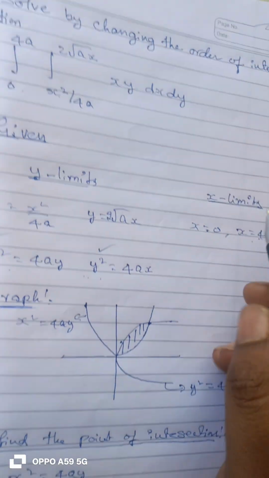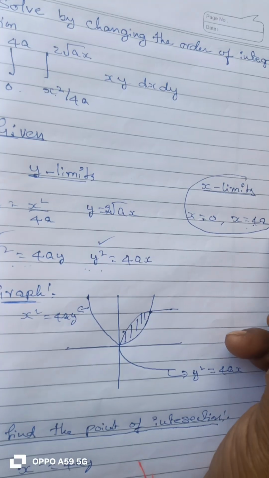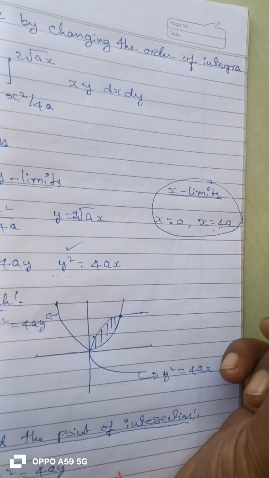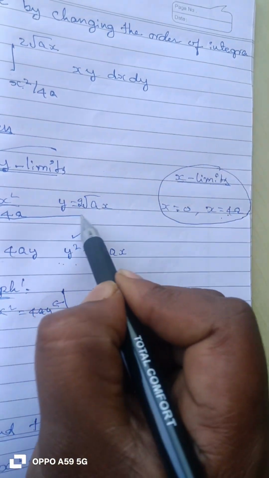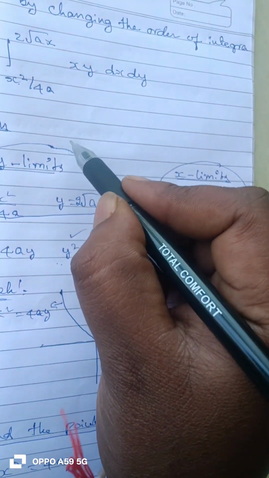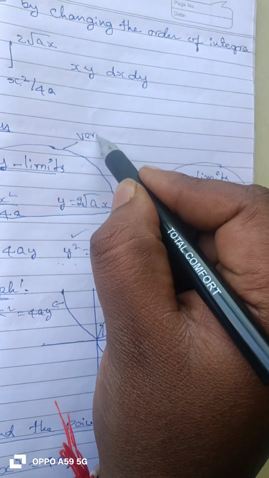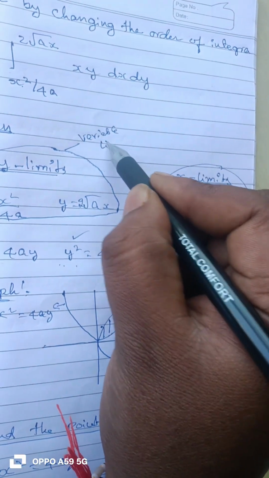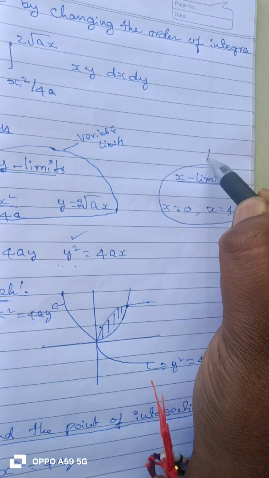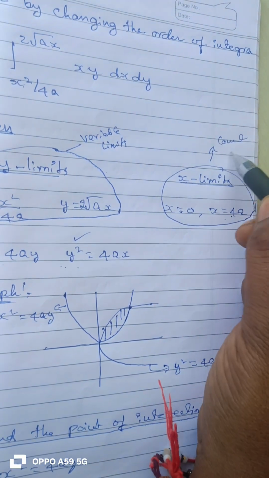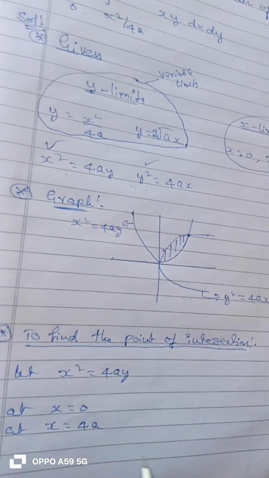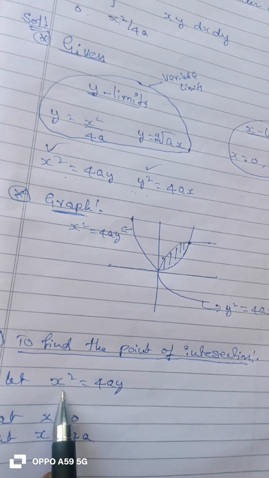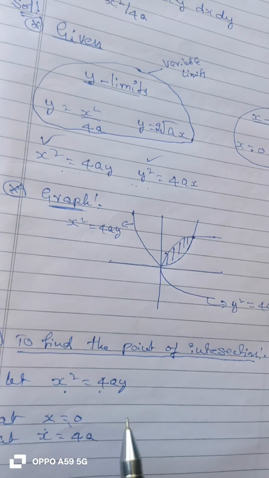These are constant limits. These are variable limits. Now in this particular equation, you can observe, if you substitute x is equal to 0,